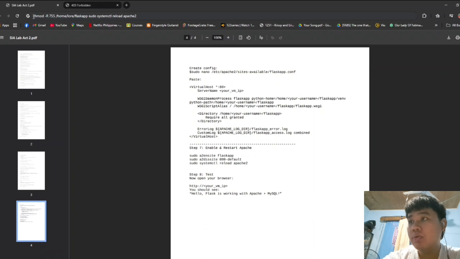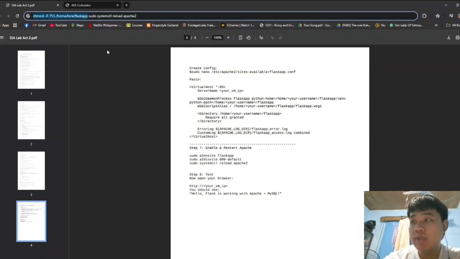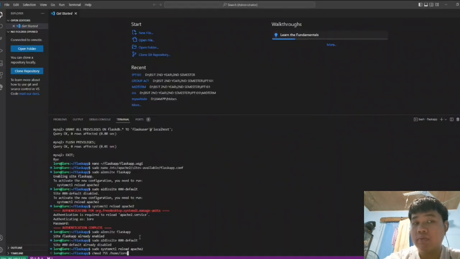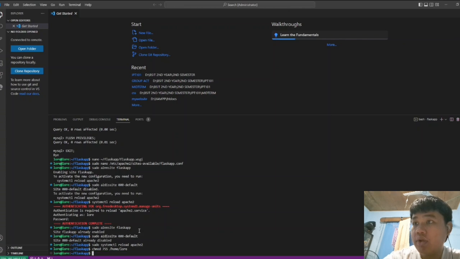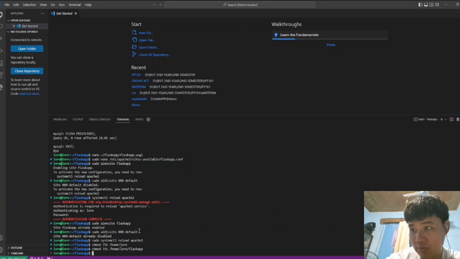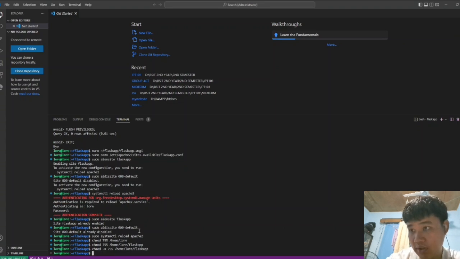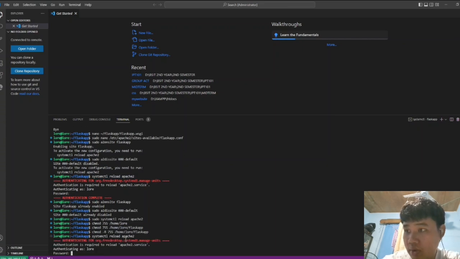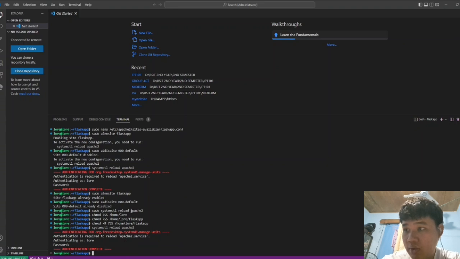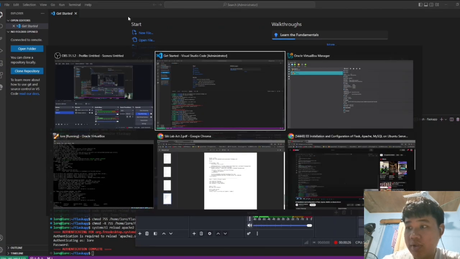What we will do is we have to put this in our terminal, then this chmod, and then this flaskapp, and then we will reload our Apache, and then our authentication, and then our password.